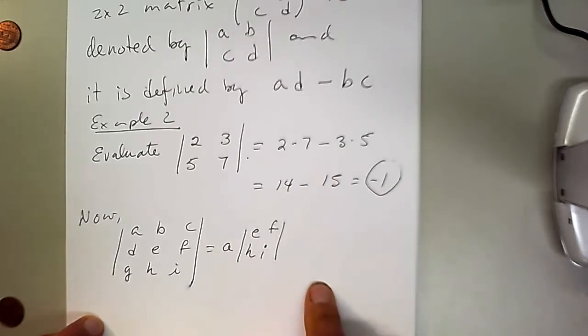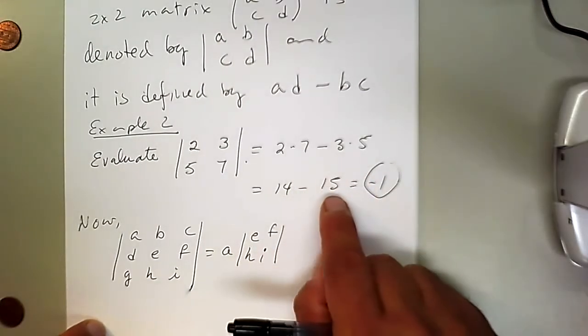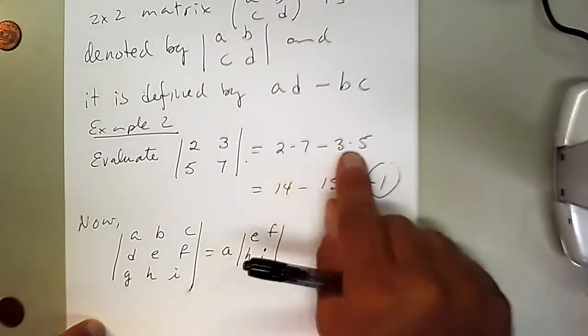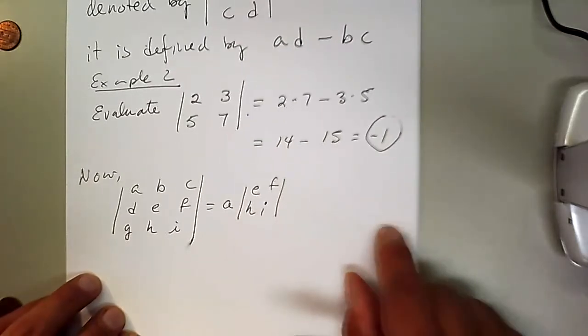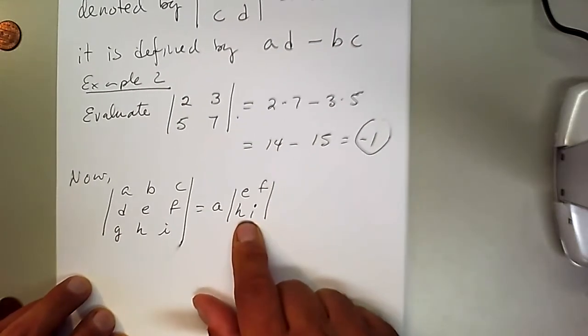Here we had only 2 things to add together. Here we're going to have 3. So A times that determinant